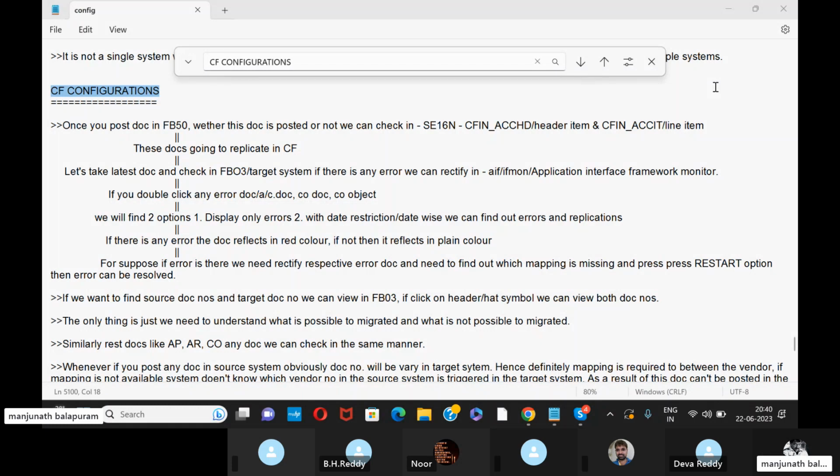If there are any errors, you can rectify them in /AIF/IFMON, also known as the Application Interface Framework monitor. After replicating the data from the central source system to the Central Finance system, I mean the target system, if there is any error, it will be rectified in /AIF/IFMON. This is a T-code where you can check whether there is any error or not. If you double click on any error document,